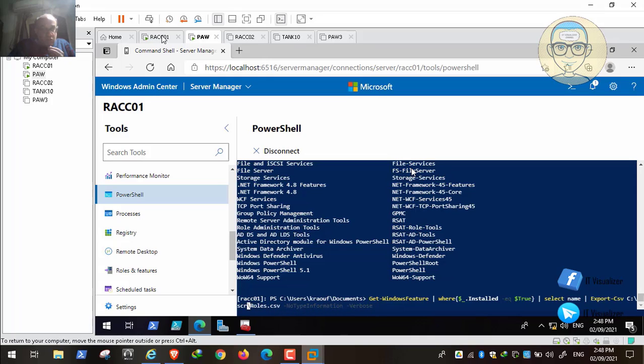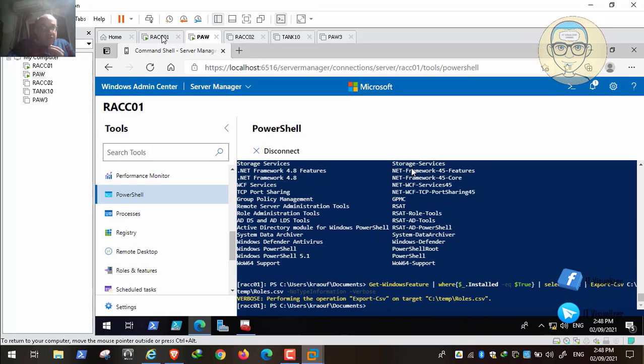In the C partition we have called it temp. We have already created this folder before, so we will export the roles to this location, and then we will check and see. It's saying that performing the operation was successful, so we have exported the roles and